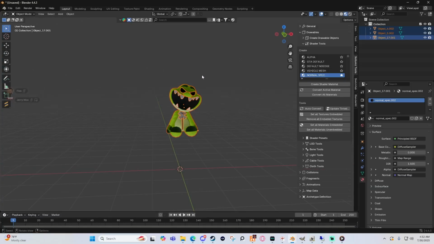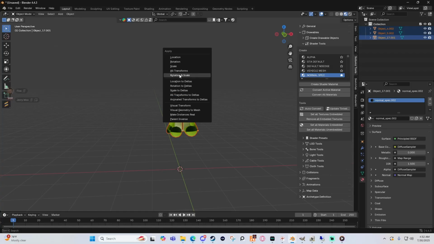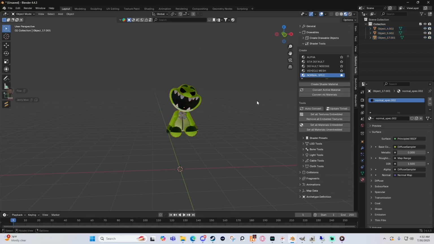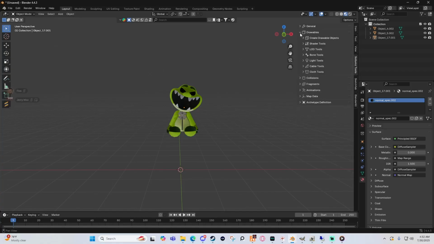Highlight it all with A once you've resized it. Then you're gonna do Control A. You're gonna do the rotation and scale. That's gonna set the rotation of it and the scale of it. If you don't do that, it could cause issues. All right. So next, once you have that, next step, like I said, this is for multiple objects. If you have multiple objects for one model, I'll do the single. Like if you only have one object, I'll show you guys how to do that as well. But for right now, for those who have multiple objects,